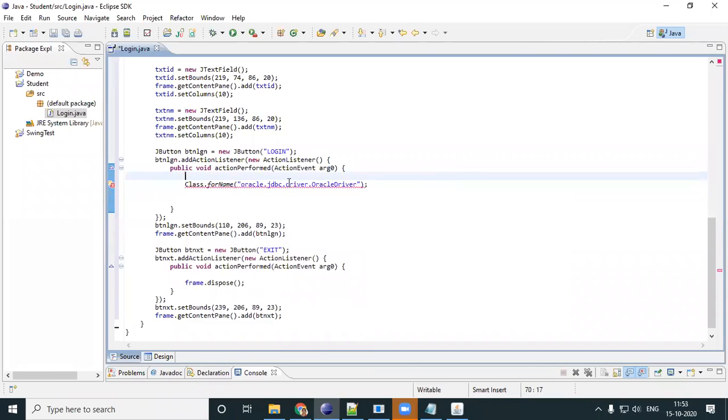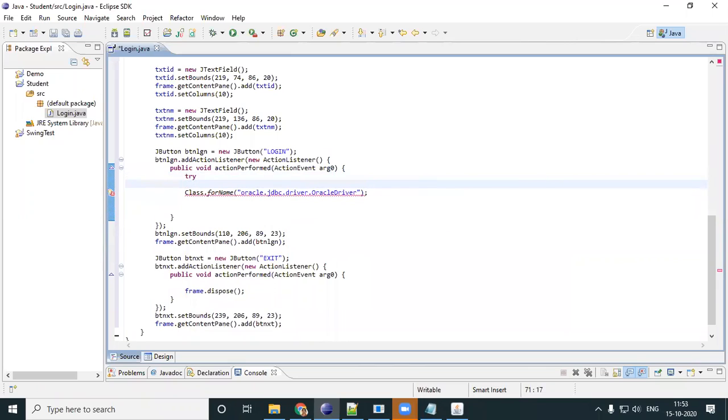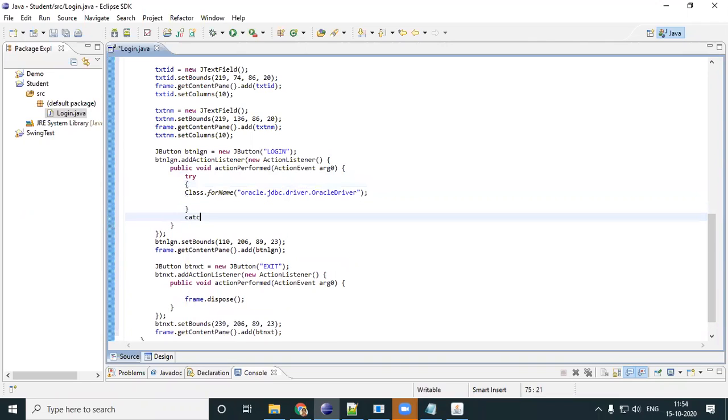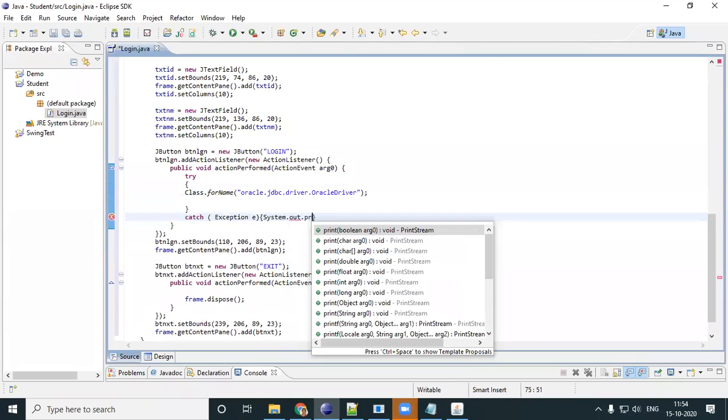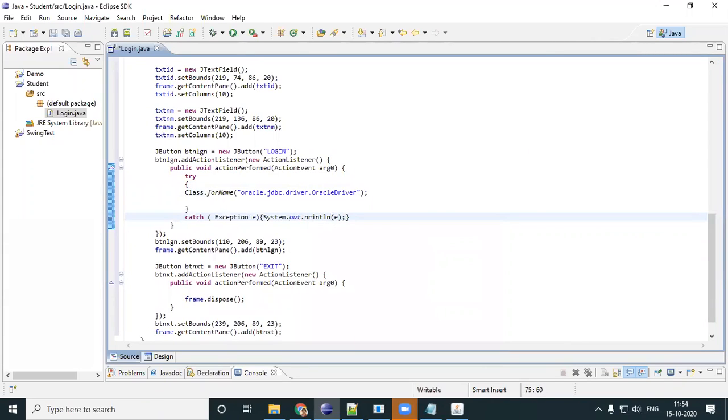Okay, try catch. I'll put a try. I'll put a catch. Catch exception e. System dot out dot println e. Okay, so that's done. Class dot forName.